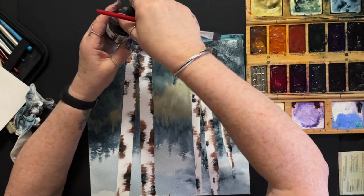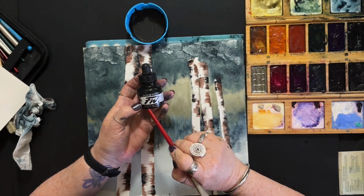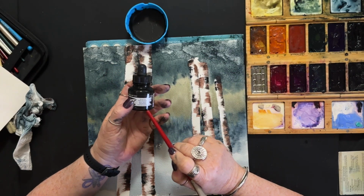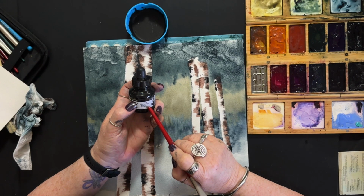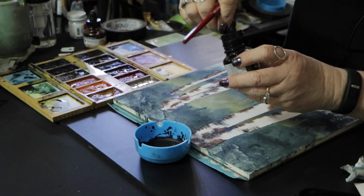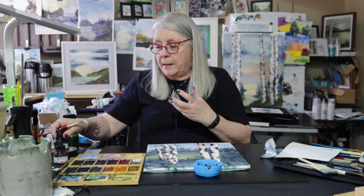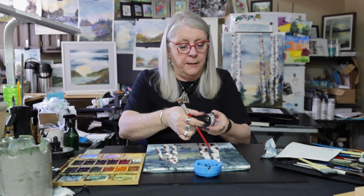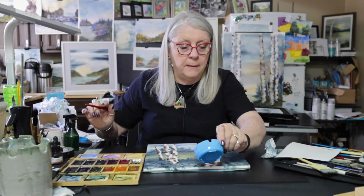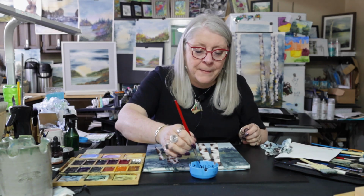So this is, better tip it before I open it. It's another Daler-Rowney product, FW acrylic ink in black. Again, it comes with a dropper. We're just gonna put a tiny bit in there. It's just as liquid appearing as the watercolor ink. So it's like the consistency basically of water. It's not thick like you would think of an acrylic paint. And